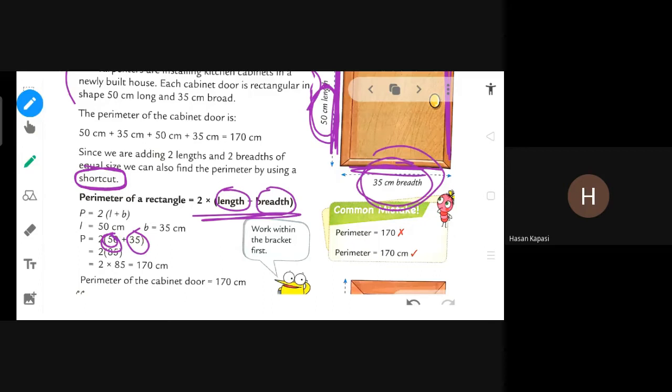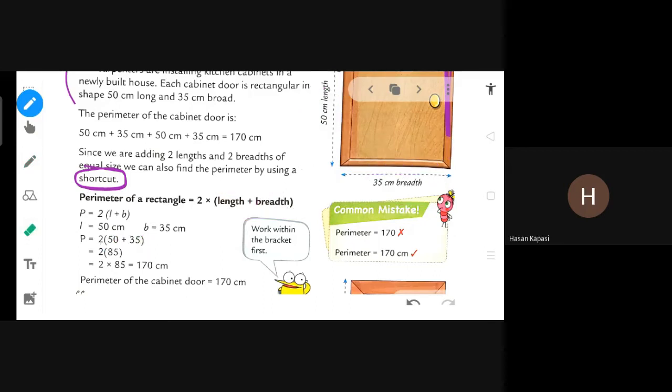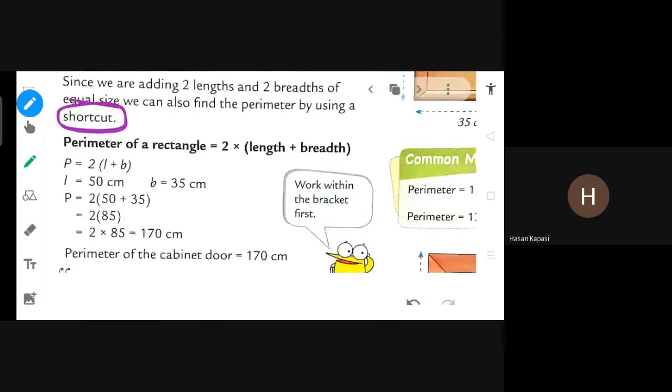the question. तो क्वेश्चन में जितनी लेंथ हो जितनी ब्रेथ हो उस हिसाब से उसकी जो भी मेजरमेंट वो रखना है. And after putting 50 and 35 you have to add these two. You don't have to multiply first, you have to add. So 50 plus 35, what will be the total? 85. तो 85 यहाँ पे रखना है.